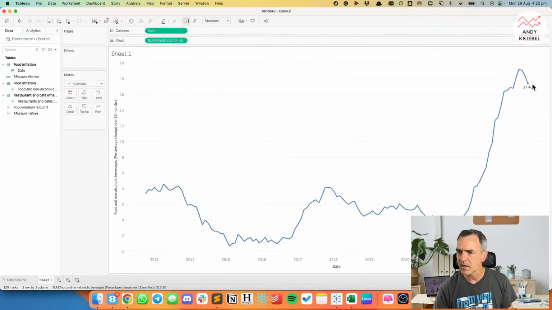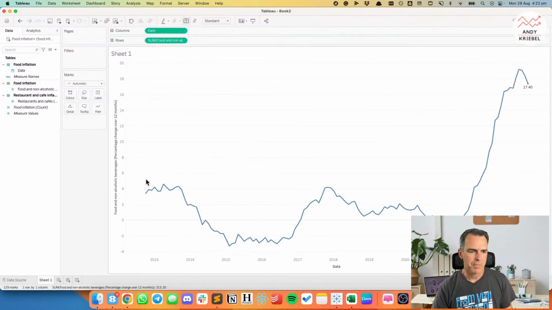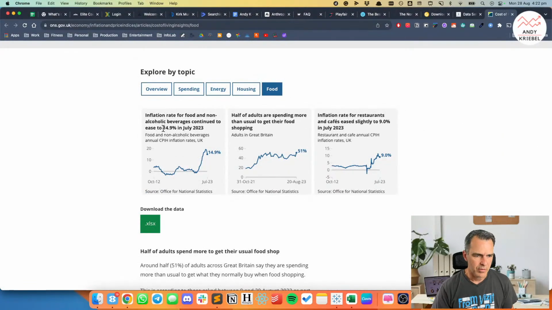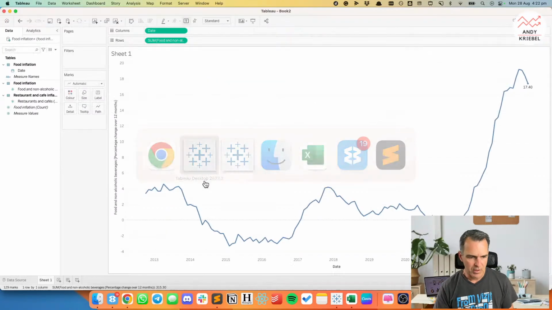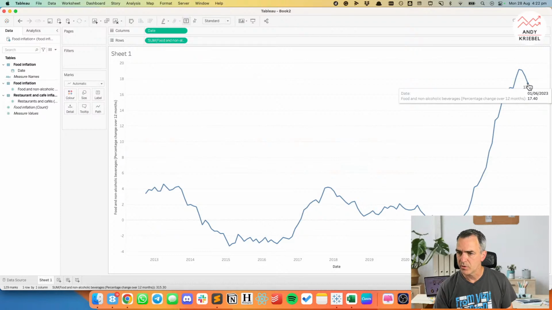So why is my data slightly different? Oh, okay. My data only goes through June. So they've got one more month worth of data. Okay. So that looks pretty good. And we're looking at percent change over 12 months. So I can rename this. And in their data they're only showing the labels for the beginning and end of the date series. So we've got October of 2012 and June of 2021.